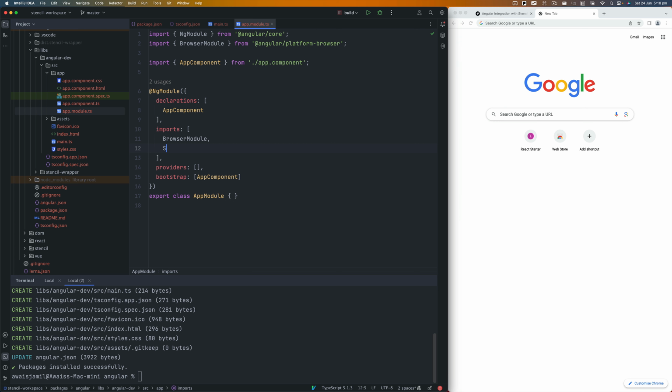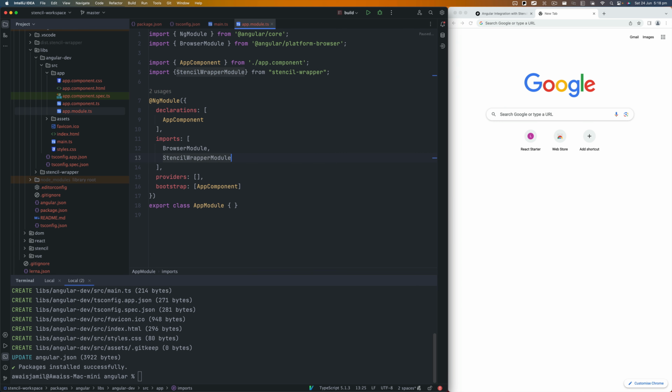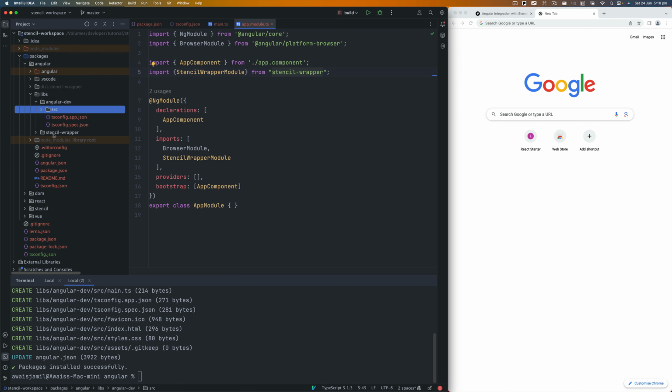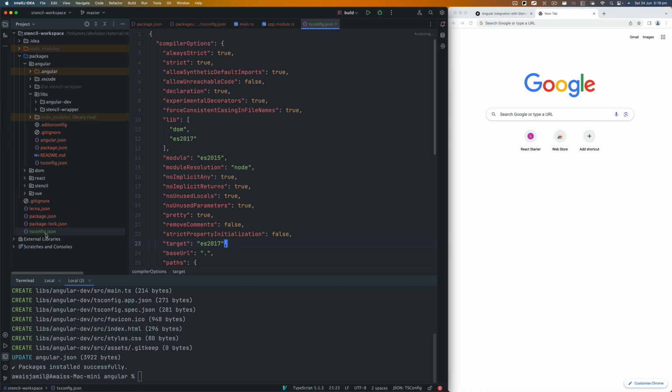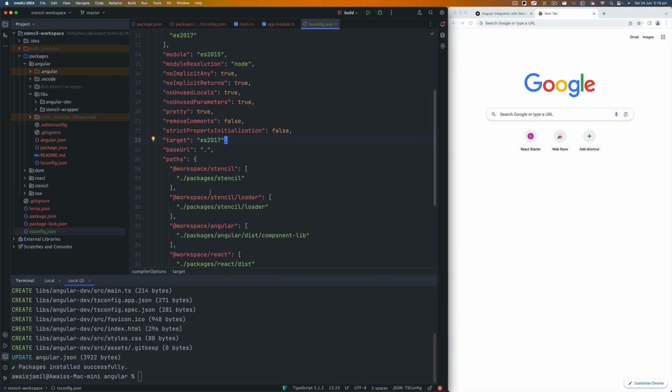So the stencil wrapper module is going to come from this stencil wrapper, which is basically this library here. But let's say if you want to use the actual wrapper path, what you could do is, in the TypeScript main file, you see that you have stencil